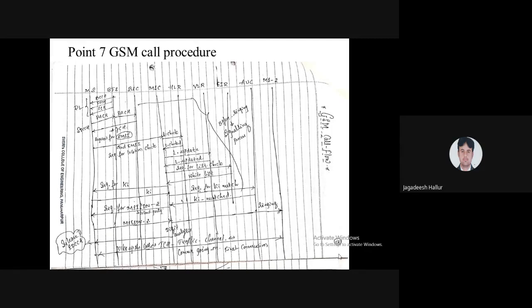Once the access grant channel has reached your mobile station, one channel has been released, that is SDCCH, the standalone dedicated control channel.